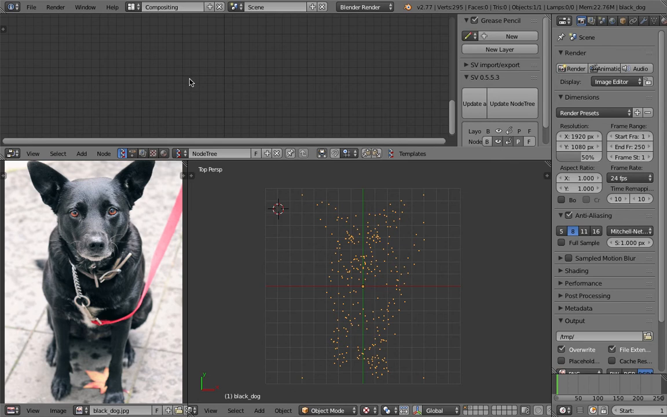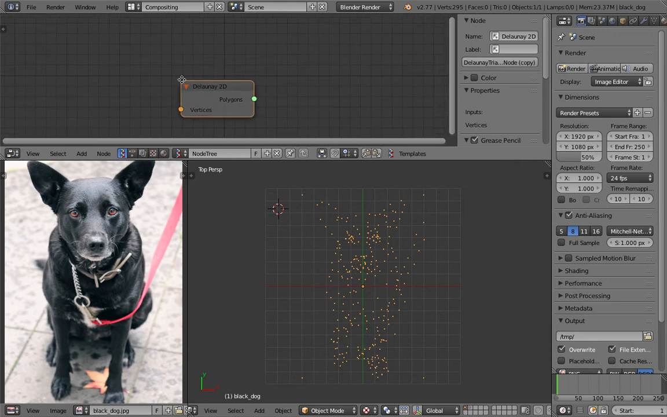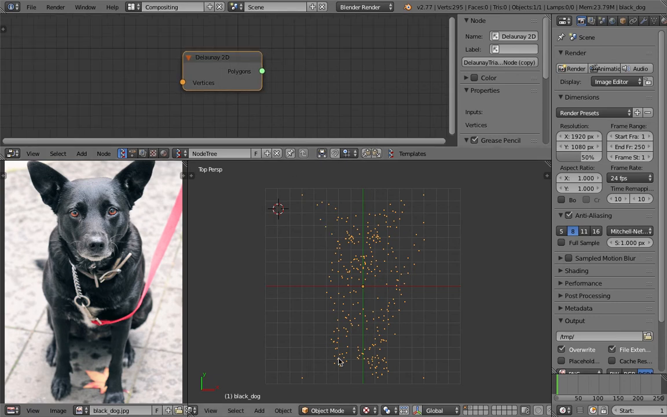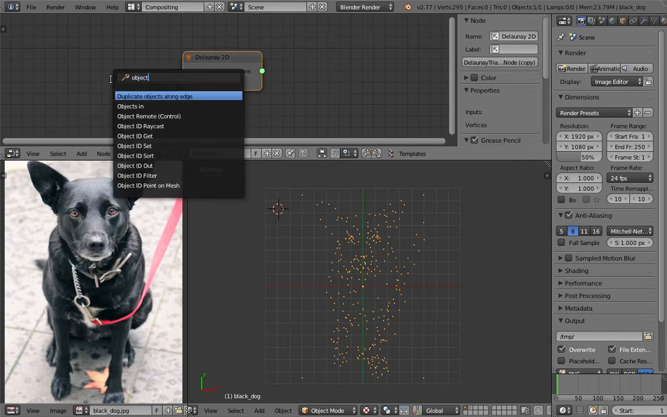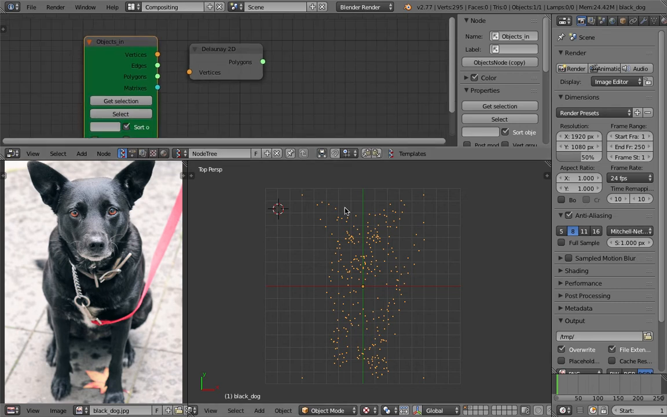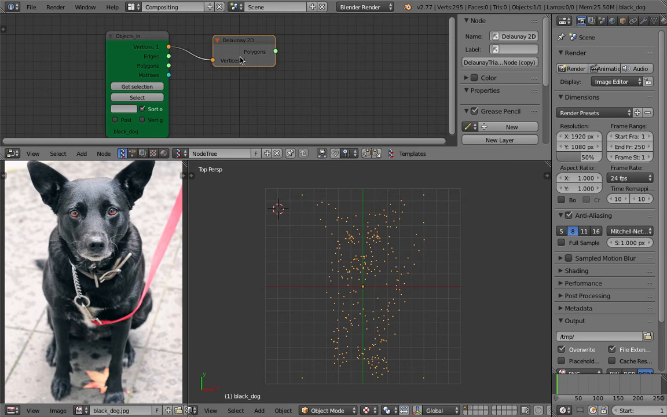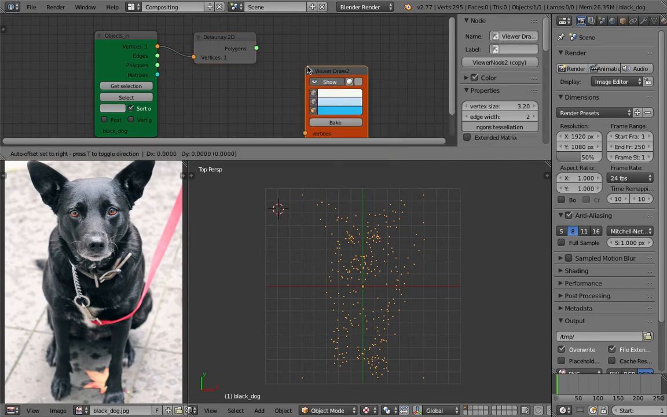Sverchok, we will use the Delaunay 2D. Sverchok doesn't have Delaunay 3D, but you can fake that. Okay, our photo is 2D anyway, so it's Delaunay 2D vertices, and then we're gonna grab our object, use objects in, and then get our selection, and then pipe in the vertices into the Delaunay node. Now we're gonna viewer draw it,